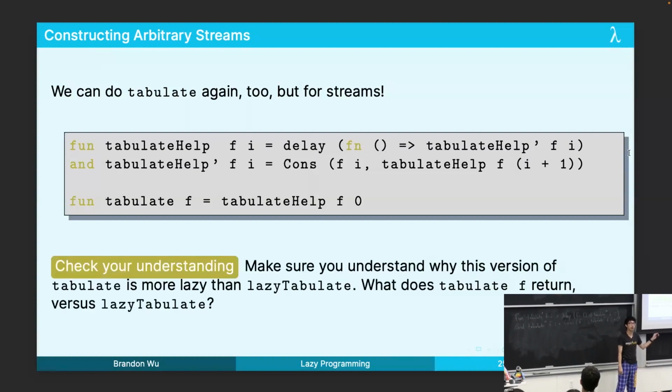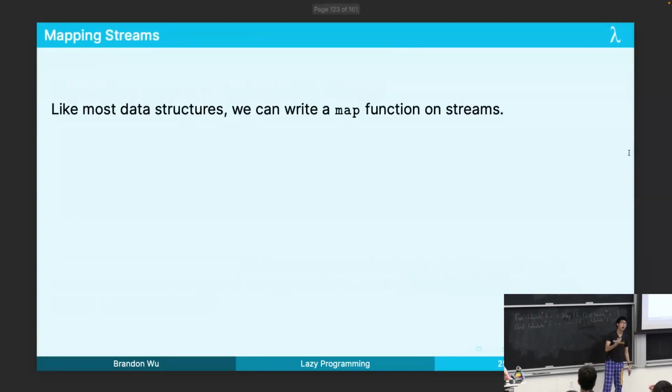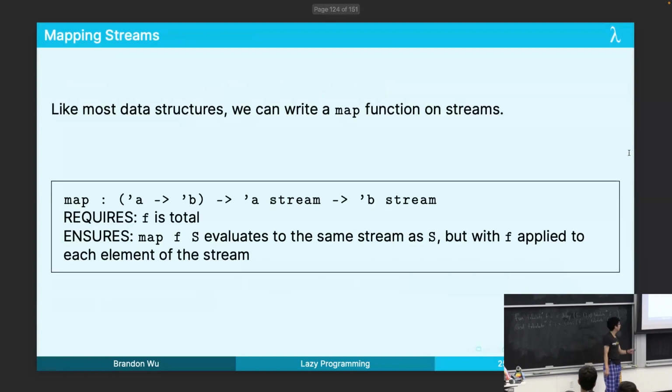I want you to also understand why this tabulate is more lazy than the lazy tabulate we saw earlier. Okay, try it on the same example, see what happens. And some of you might get it now. But there's a reason why we did this, and that's because this tabulate is actually more lazy. Okay, all right. But like most data structures, what we can do is we can write a map function on